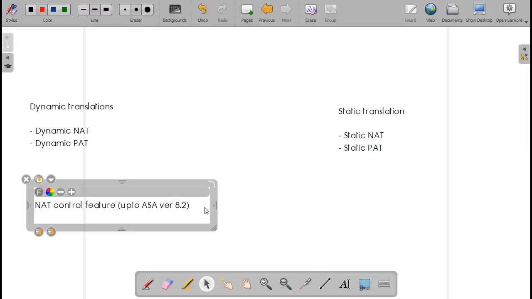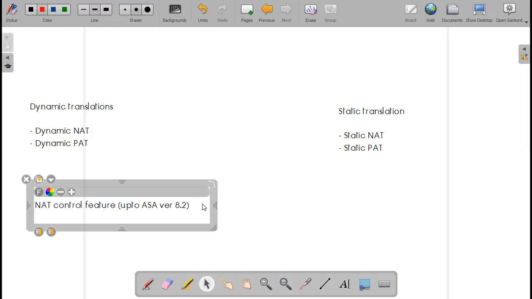It's not available from 8.3 onwards. There is no NAT control feature available from firewall ASA version 8.3 onwards. Till 8.2 only you have this NAT control feature command. We'll see the 8.2 version on the firewall.